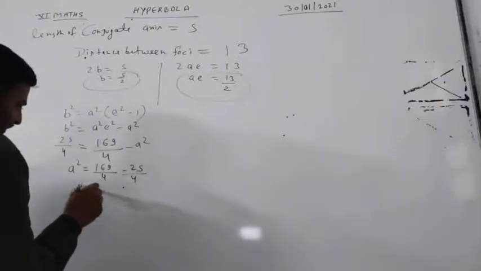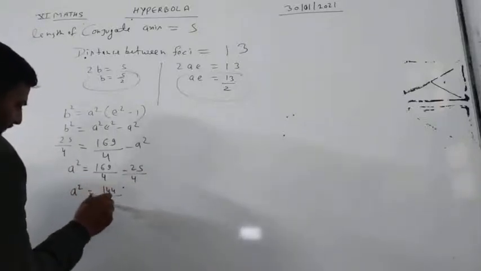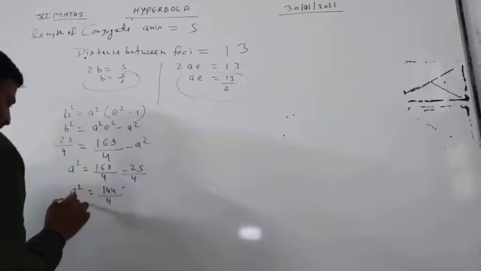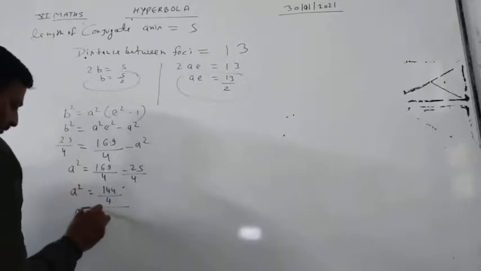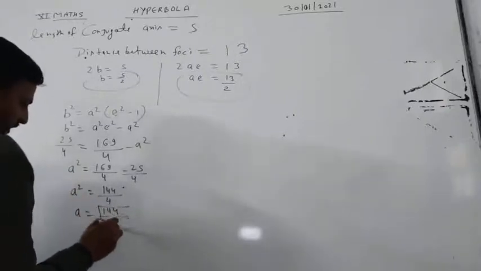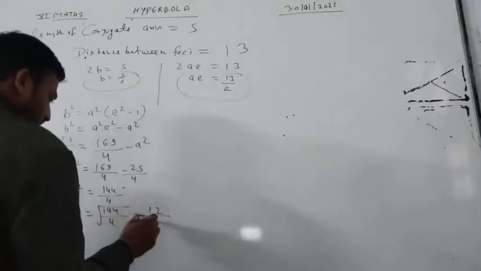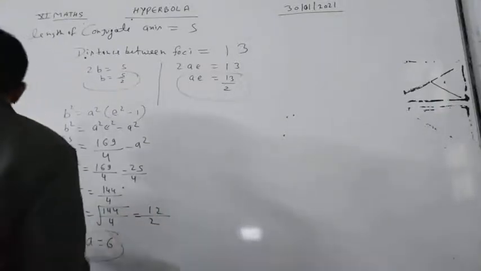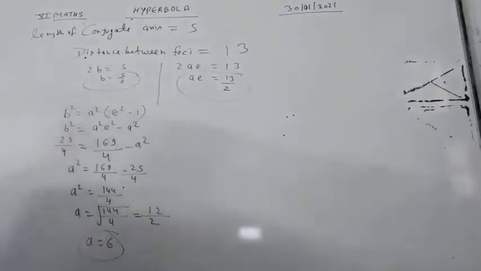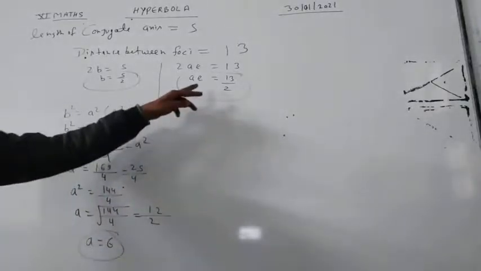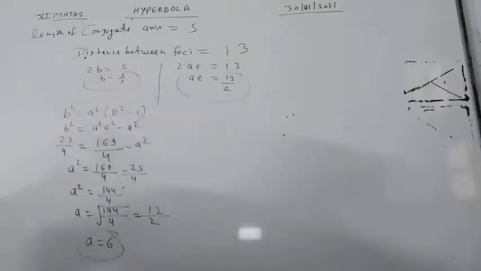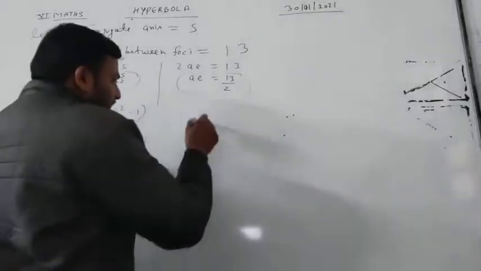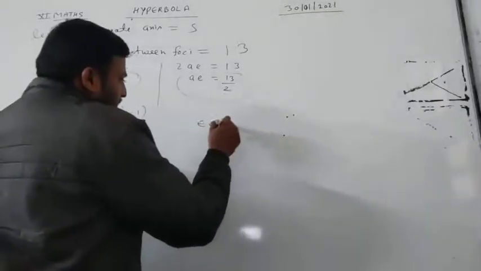So a square is 144 by 4. So student, our a is under root 144 by 4. So student, 12 by 2, which is equal to 6. Okay student, so from here we are getting our a is 6 and b is 5 by 2. So student, we can find out our equation of